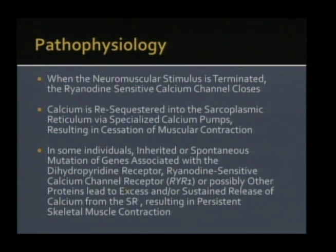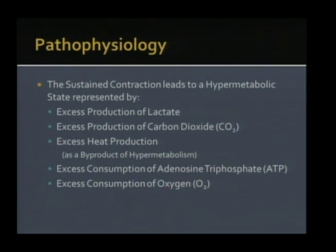So when, as I just mentioned, the stimulus is terminated, the ryanodine receptor closes, calcium then becomes resequestered from the cytoplasm back into the sarcoplasmic reticulum by specialized calcium pumps. Muscle contraction stops. The problem is in some individuals they have an inherited defect in this mechanism. So the ryanodine sensitive calcium channel receptor or defect in other proteins associated with this leads to the sustained release of calcium from the cell, as I mentioned a minute ago. We get the muscle action, the ryanodine receptor channel closing, muscle contraction stops, and that's it. The sustained muscle contraction, however, leads to the hypermetabolic state, excess lactate production, excess carbon dioxide production,